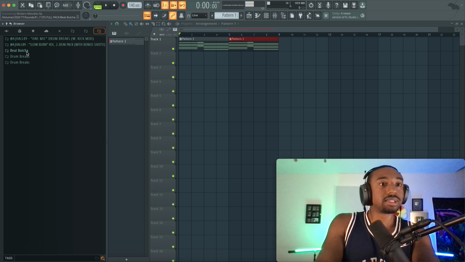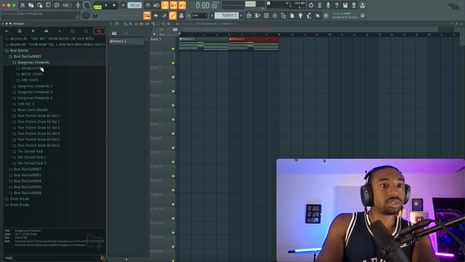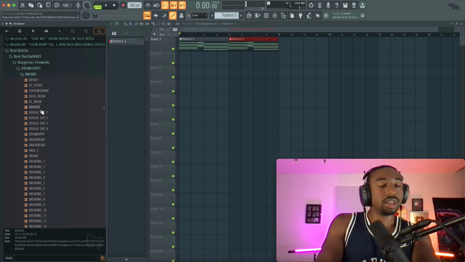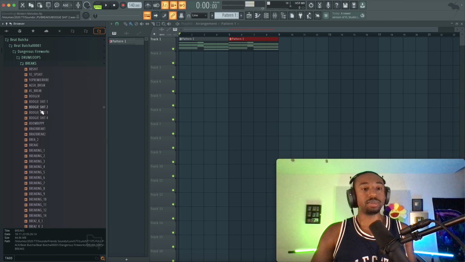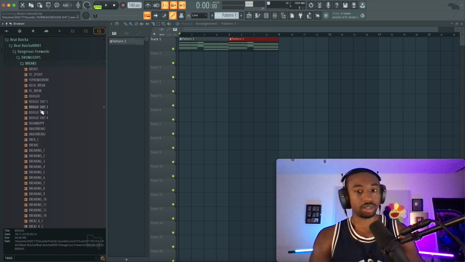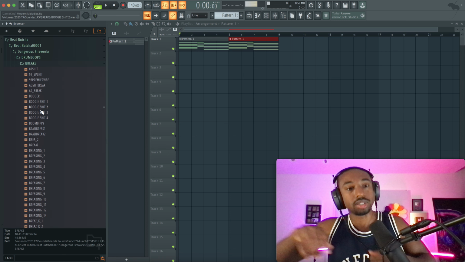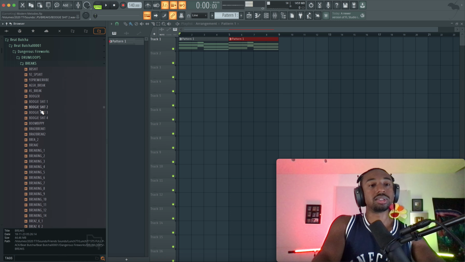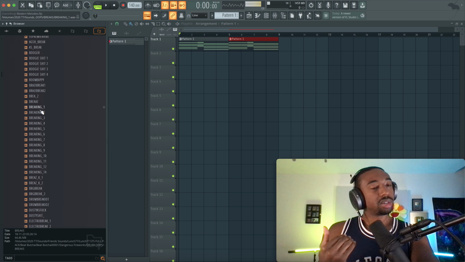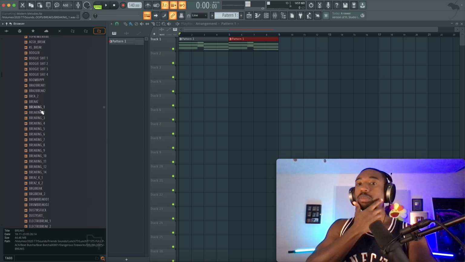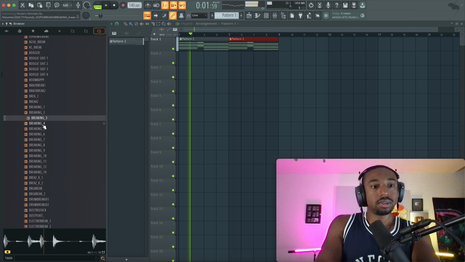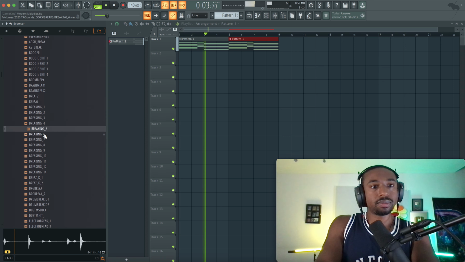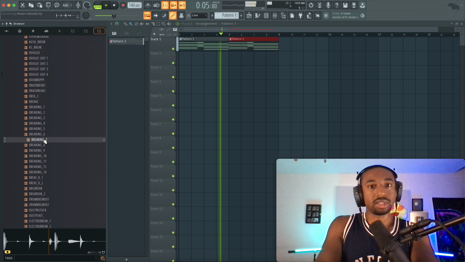Let's go to drum breaks, Beat Butcher, and we're gonna go to drum loops. I was also asking myself how do people get that weird Conductor type sound on their drums, or the Alchemist sound on their drums where it's like a boom, like a delay. I thought I knew what it was, but I was using the wrong plugin. So I'll show you guys what it is in a second. First, let's find a break that fits this vibe.